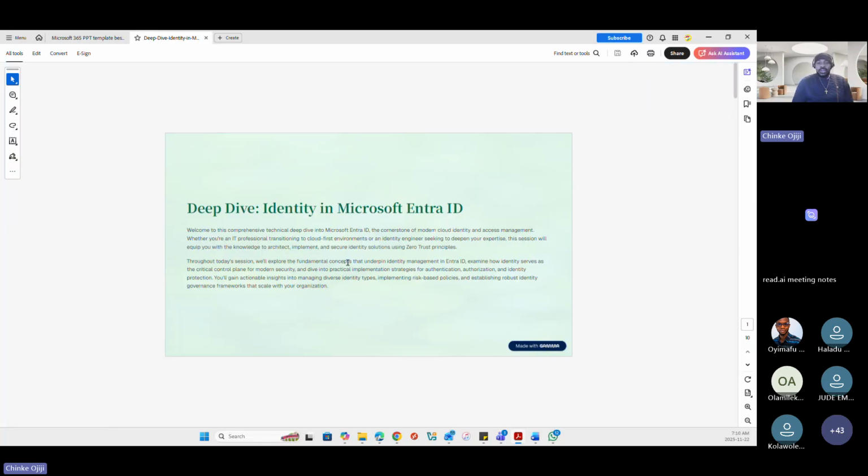Also, after going into Zero Trust, we'll look at administering identities, different identity types, and dig into how users authenticate and gain access to resources within Microsoft Entra. We'll also cover security, protecting identities, risk-based policies, auditing, and more. Then I'll walk you through how identities are managed at large scale: users, groups, and hybrid scenarios as well. Then we'll wrap up with questions and answers.